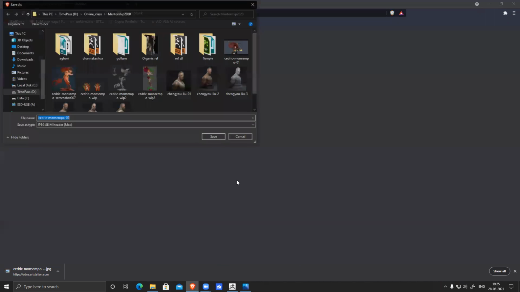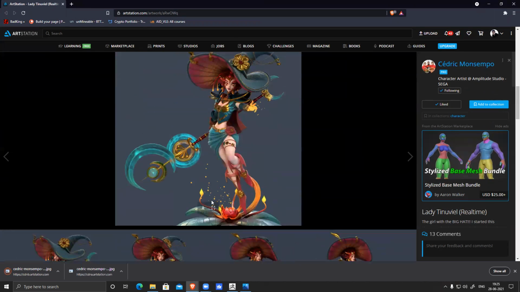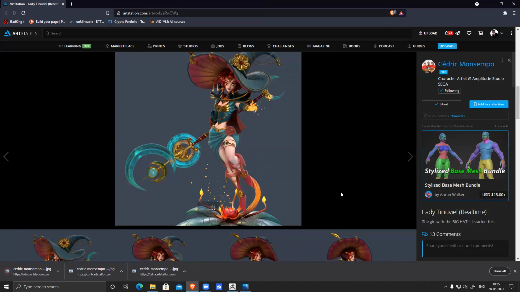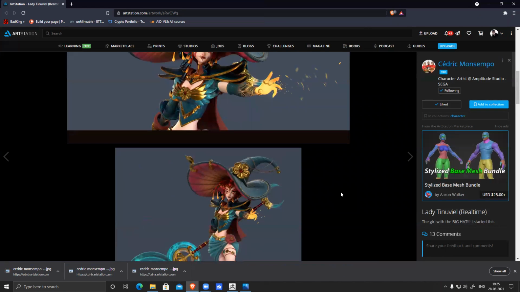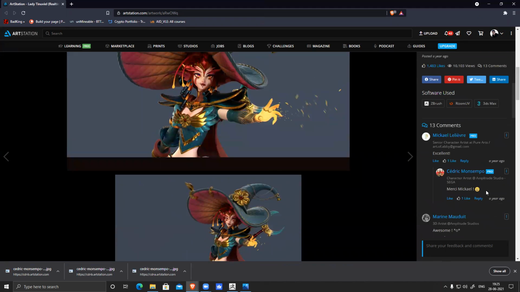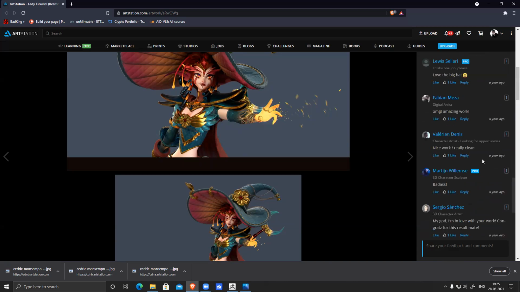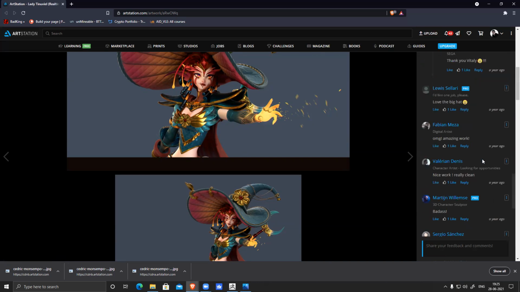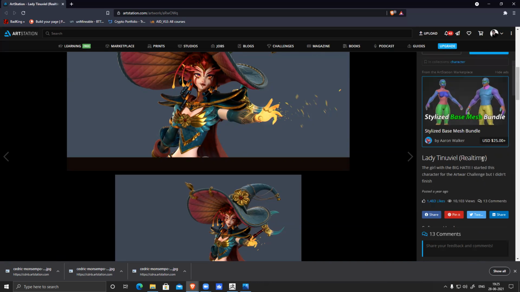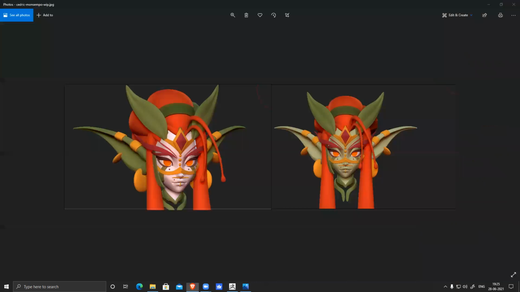Did they do the texturing in Substance? This is most probably Substance only. They used ZBrush, Rizom UV and 3D, but he didn't mention anything about the texturing. That is not a big deal, we can definitely do it.